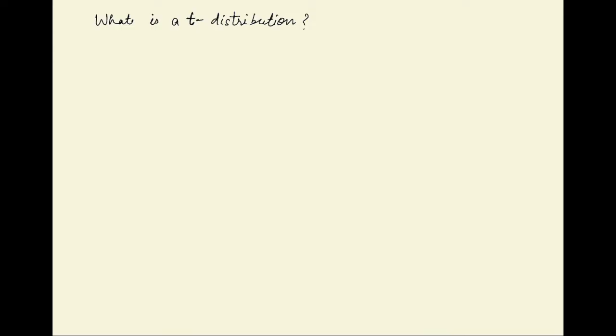In this video we are going to understand what a t-distribution is. Let's say we have two random variables which are independent of each other, X and Y. X is normally distributed with mean 0 and standard deviation of 1, and Y squared has a chi-square distribution with